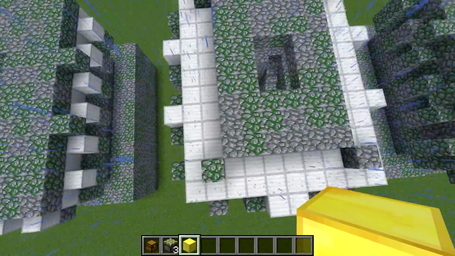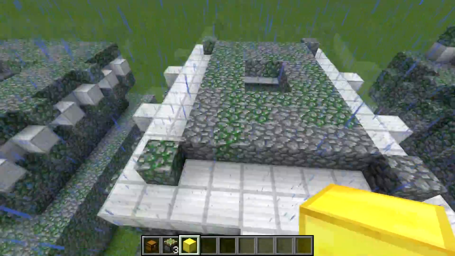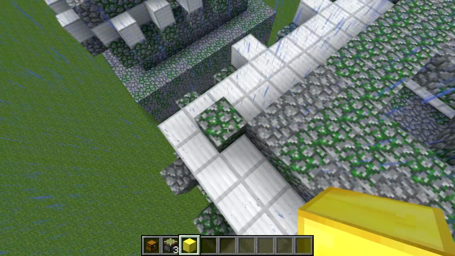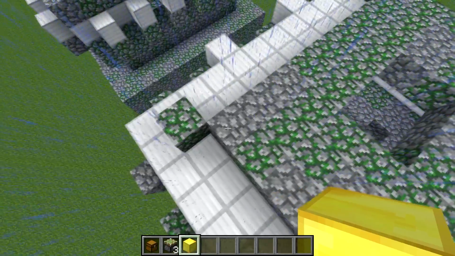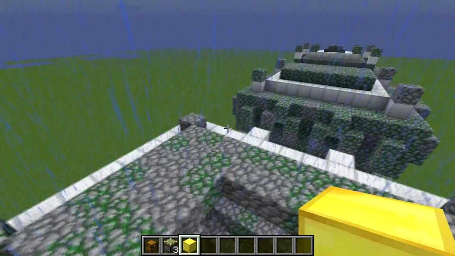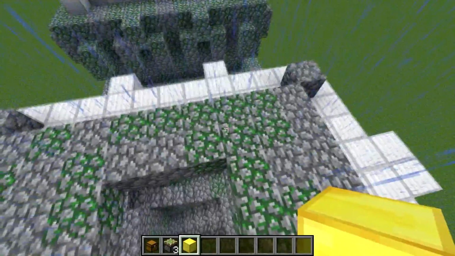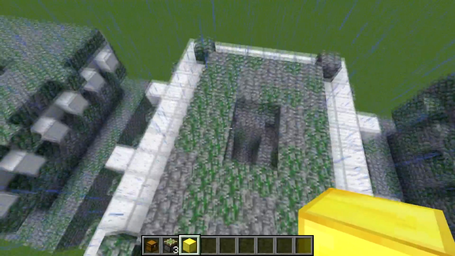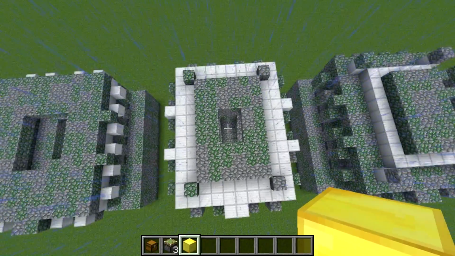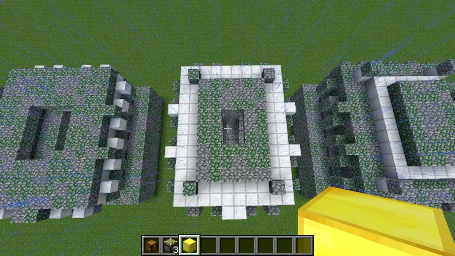Right, so on to the next layer. So what you basically want to do is come in off of the corner and miss one and then put a block down, and then come in another one and put a block down. Do that on each corner, and then you'll be able to just basically fill everything in apart from this 2x3 square in the middle. So another pause for you there,